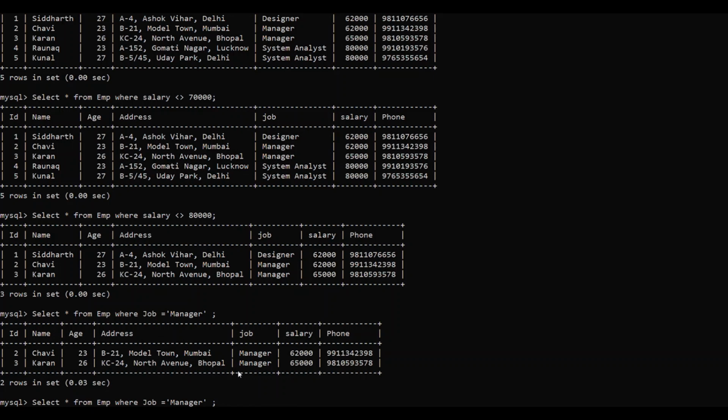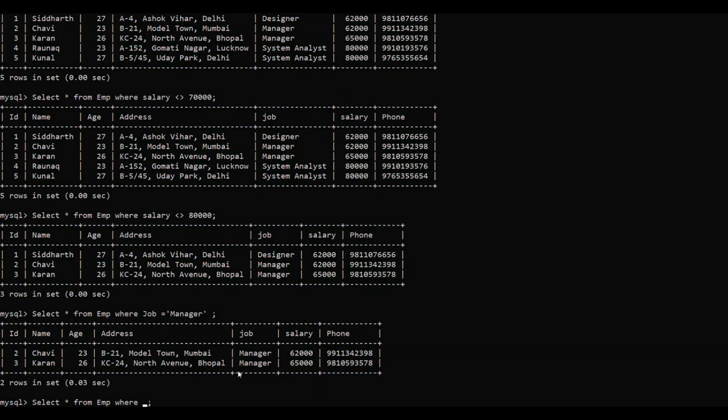Next, we have the keyword between. The keyword between is used to check for the records where the value can be in a specific range. Like, let us say if I want to check salary between 70 and 80, or maybe between 60 and 70, right? So I can give a starting value and I can give an ending value. I do not have to write all the values in between. That will automatically take care of all the values which lie in the given range.